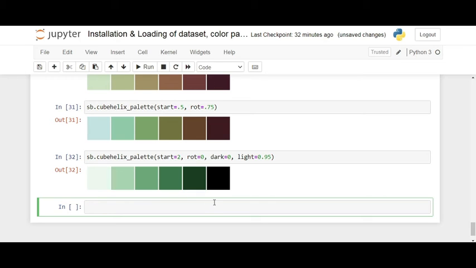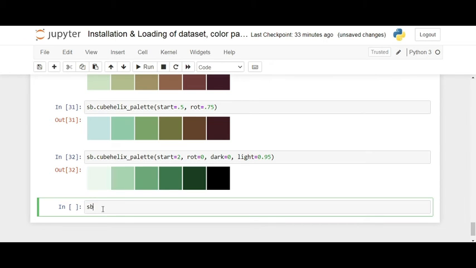So you can make any changes as per your requirement and check what is going to happen. You can make custom sequential palettes also. For a similar interface to customize a sequential palette, you can use light_palette. So here you were using the cubehelix palette, now you can use light palette.